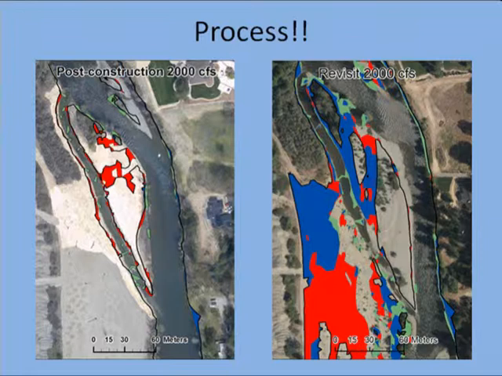And so where it was constructed to be inundated at 4,500, we're now getting water across the entire thing at 2,000 CFS, and we mapped water on the floodplain all the way down to 700 CFS. So a really big change of processes happening thanks to our flows and the combination of construction.